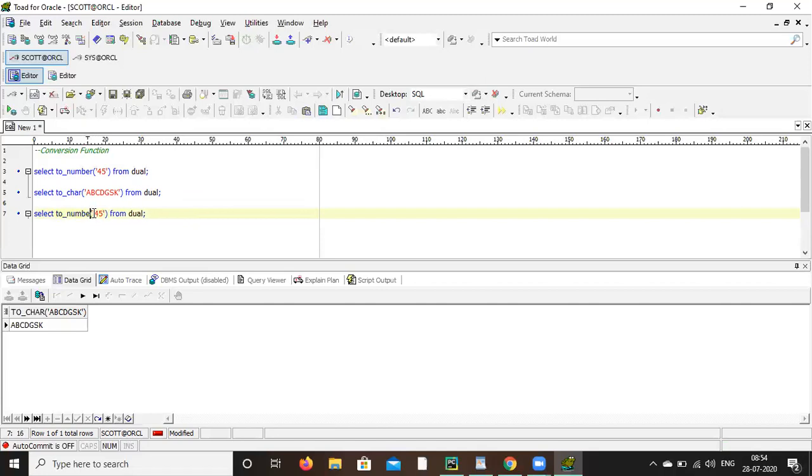To_date, within bracket sysdate, from dual. So here it will convert into a date. To_date will convert.